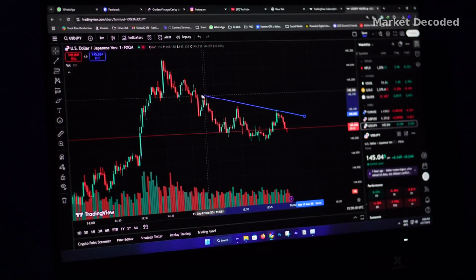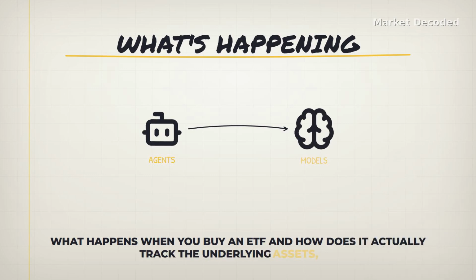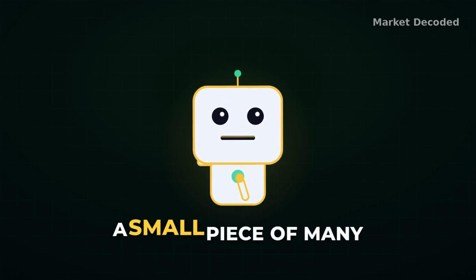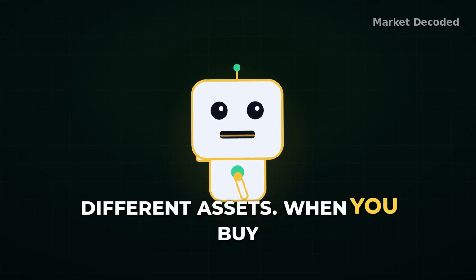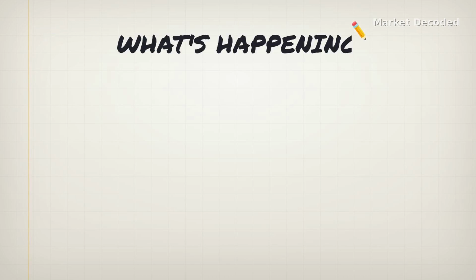What happens when you buy an ETF? And how does it actually track the underlying assets, like stocks or bonds, that it's supposed to mirror? To understand this, let's break down the process step by step. Think of an ETF like a box that holds a small piece of many different assets. When you buy a share of an ETF, you're essentially buying a tiny piece of that box and all the